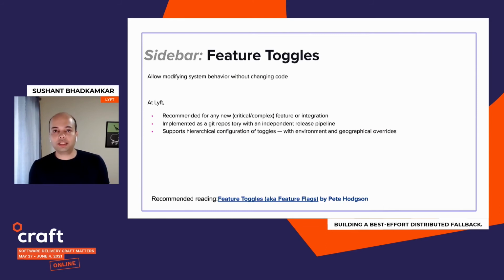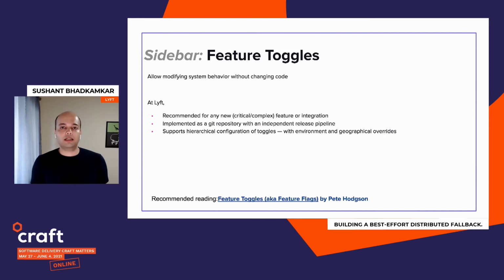And we do this using feature toggles, which basically allow modifying system behavior without changing code. So we recommend that any major or critical feature or a new integration basically be deployed behind a feature toggle. That way we separate the deploy and the release step for a particular feature. So once you deploy that code, it will be inside your pod, but it will not necessarily execute until you turn on that toggle for that particular